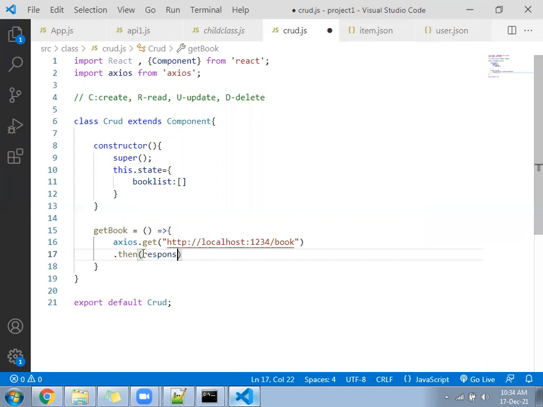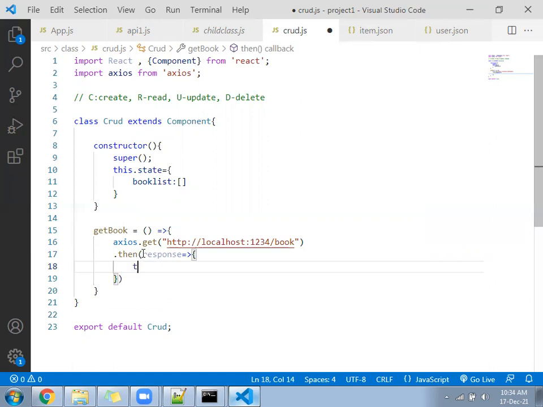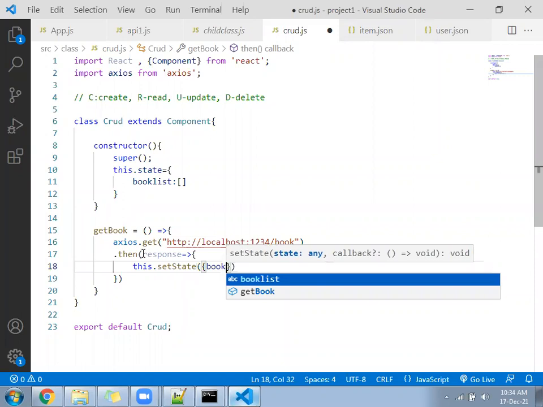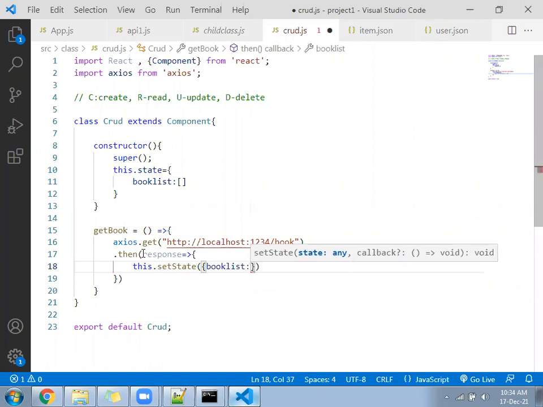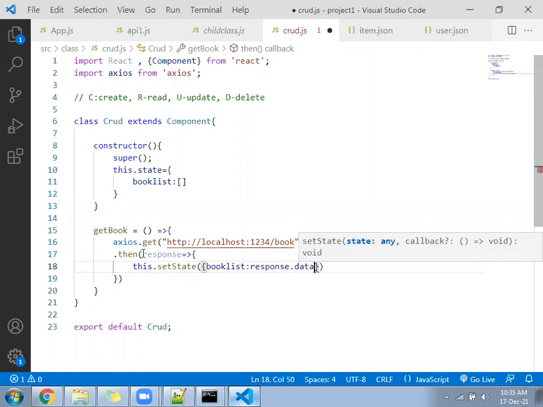Response, write an arrow method. We can call this dot setState, and under the setState we write bookList colon response dot data. Data is the predefined keyword that captures the content of your file.